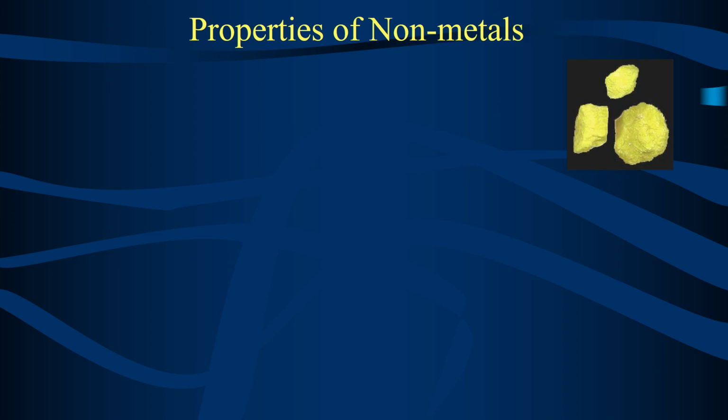Okay. So the next category that I'm going to go through is the characteristics of nonmetals. Nonmetals are not necessarily the opposite of metals, so I don't want you to think of them like that. They just have different characteristics. Nonmetals are kind of undefined because they can have a lot of things going on with them. All right. So for a nonmetal,